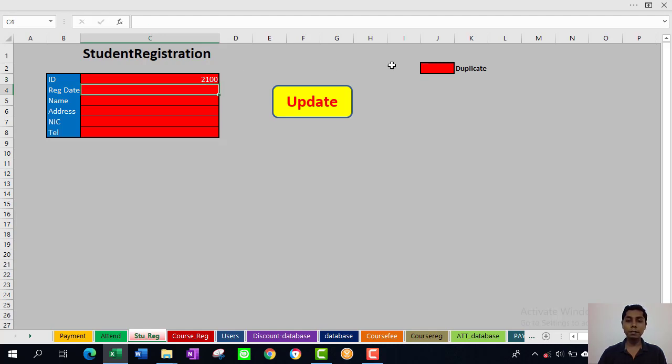The reason is it is a duplicate entry. You can see the reference here. If it is in red color, it is a duplicate entry, meaning that already there is an entry in the number of 2100. So if I use 2200, yes, it is not a duplicate entry. Let's assume that the registration date is today, that is 6th October 2020,